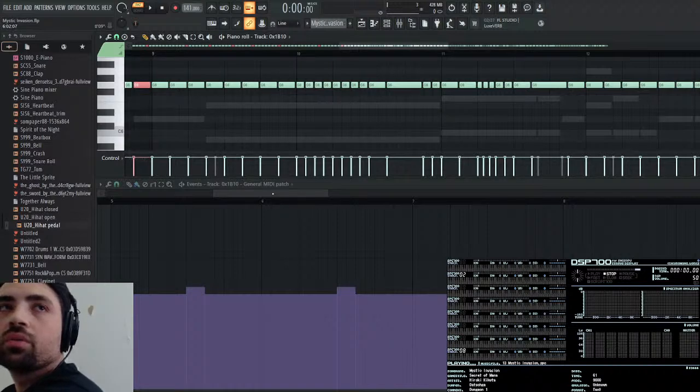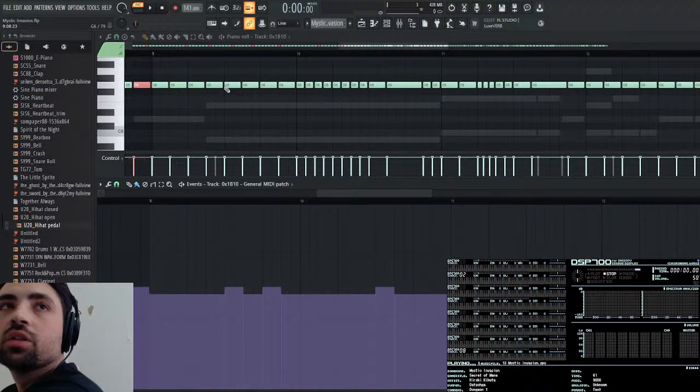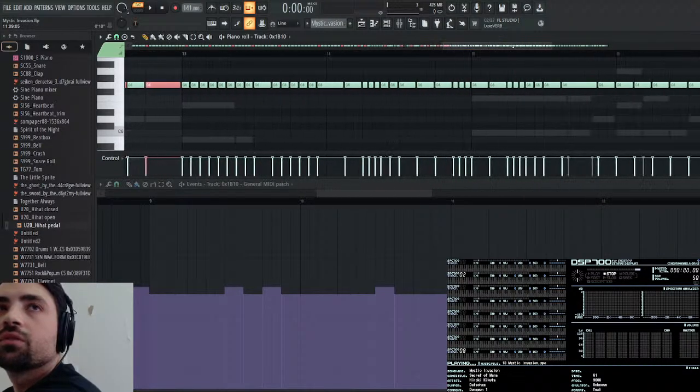So now, starting at bar 9, if we move, we have the halfway point of 9 and then 2 notes later. And then we have the halfway point of 10, the second note of 11, the halfway point of 11, and the last of 11. Then we have the second note of 12, halfway point of 12, and the very last note of 12.